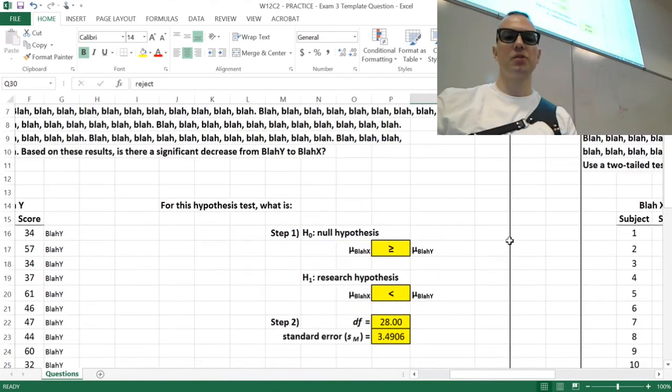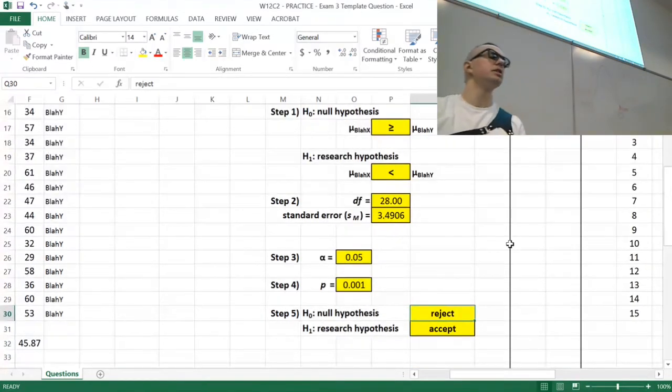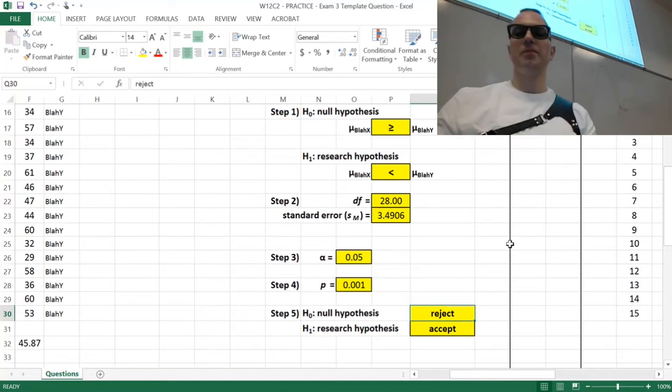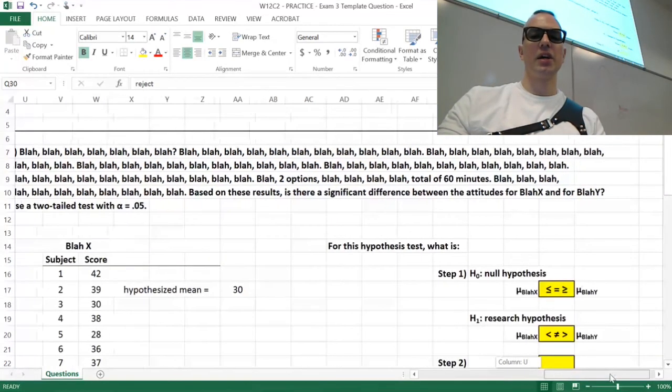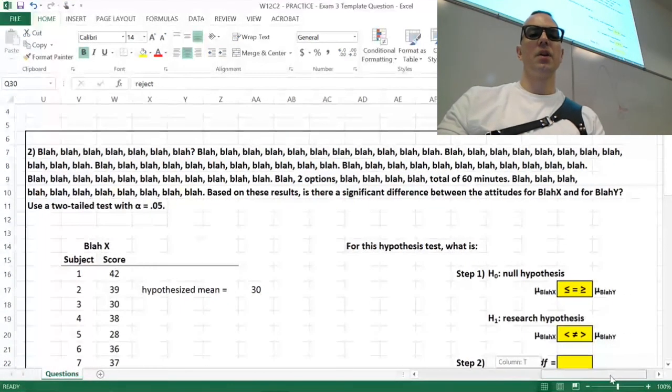All right, so those were one-tailed and two-tailed versions of the dependent means and the independent means t-test. Any questions on those? All right, so let's round out this look at the t-test with a look at the